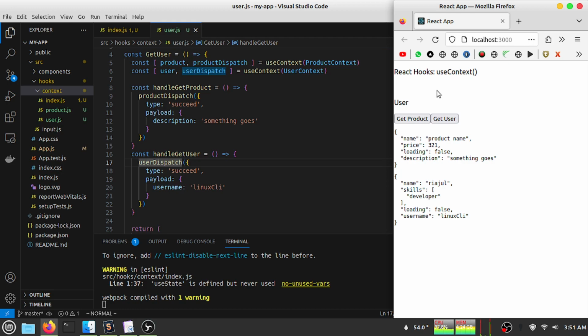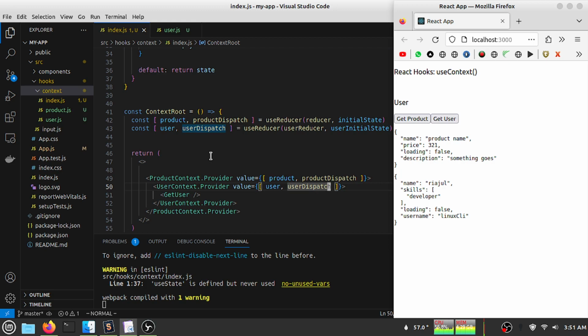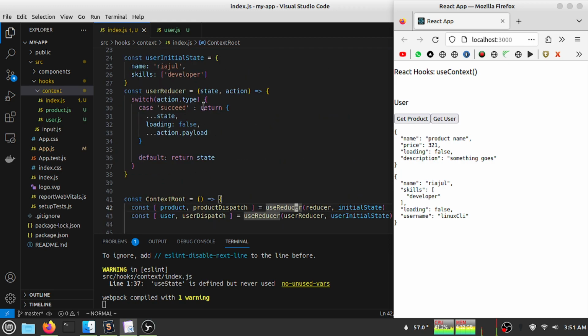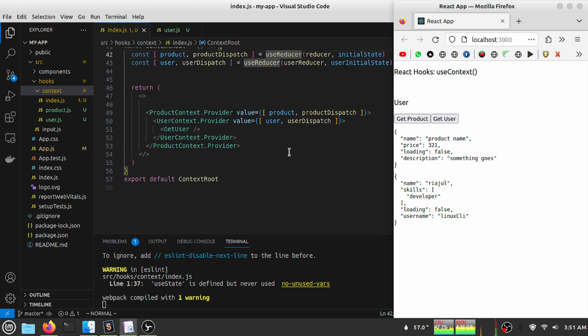But if my application is medium to large, then we must use another state management library like Redux, because when we use the useContext hook, we have to manually create every reducer and every function, and we have to